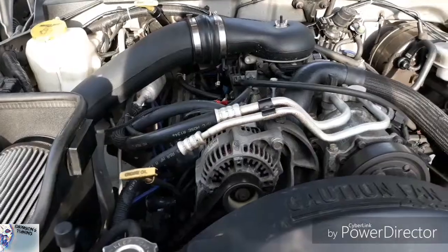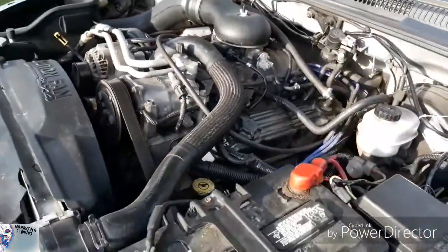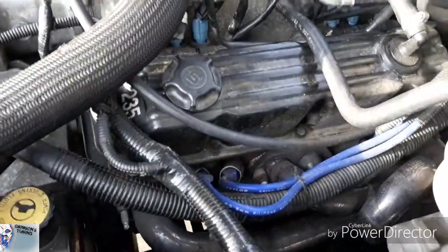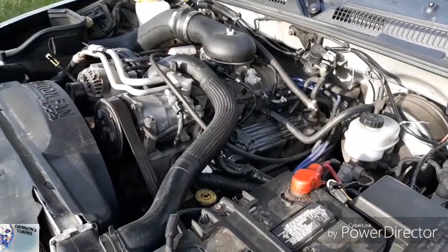So far so good. Get back to you here in a little bit. We'll be definitely going out for a night drive. All right, guys, hopefully I have a little bit of light. I mean, it's a little dark right now, but we're gonna go run out. It's about 8:49 right now, p.m., so...